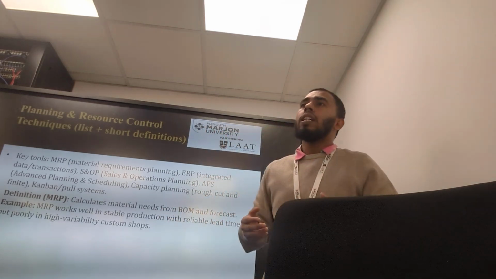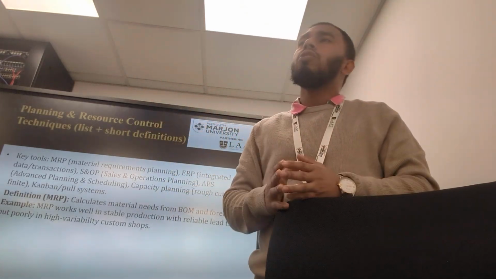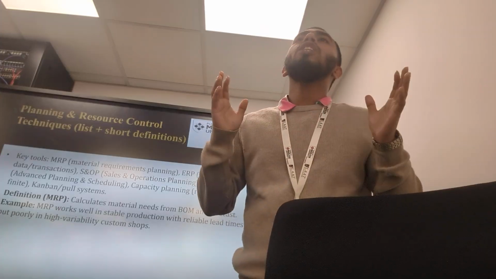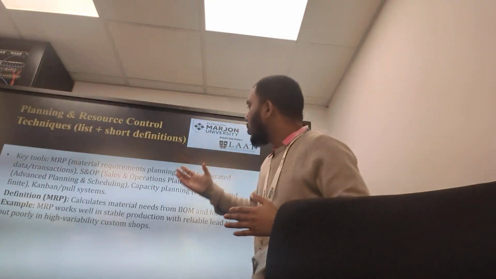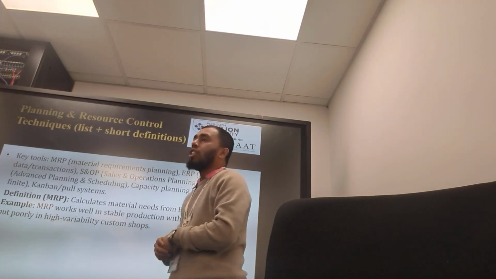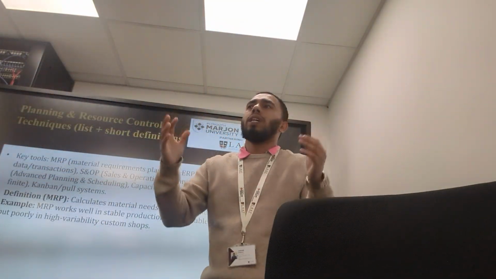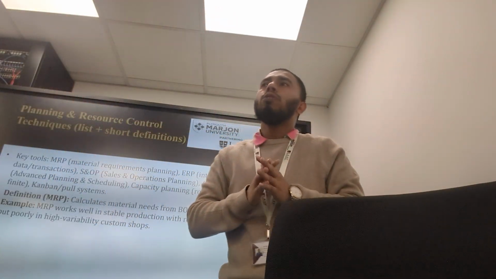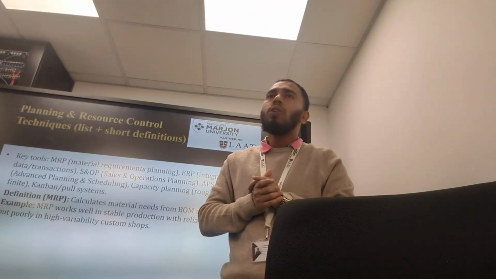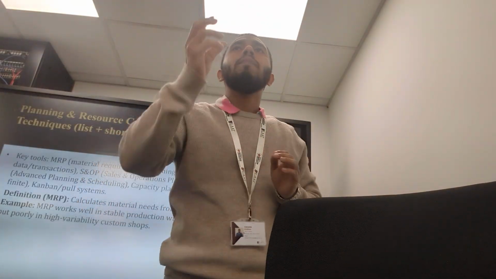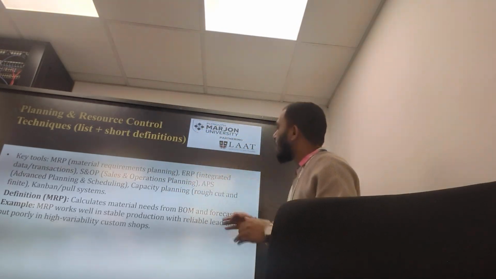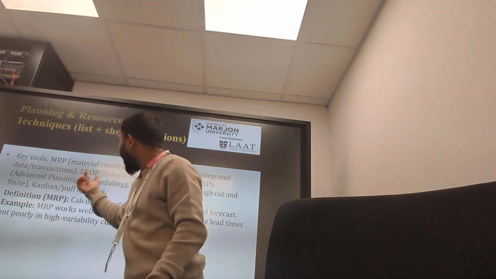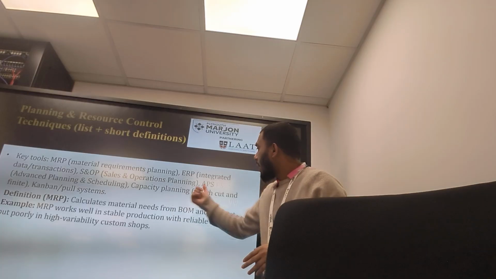After making some goods or products, what do you need to do? Actually, we need to do some sales and operations planning. You already made lots of products. If you don't have any planning about sales, you don't have any marketing, you cannot sell your items to the market, right? You need to do some planning in a right and proper way. Okay, advanced planning and scheduling and capacity planning.